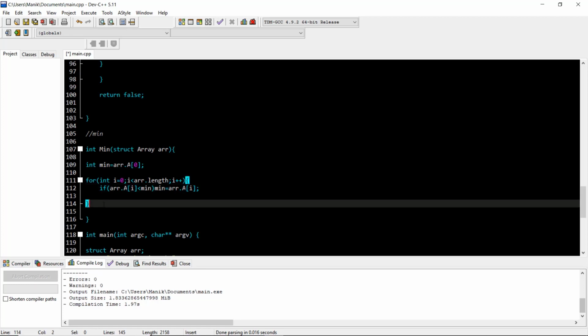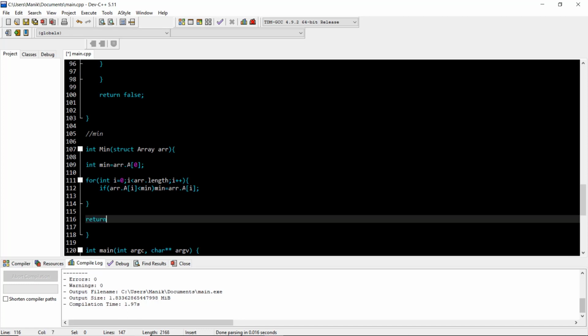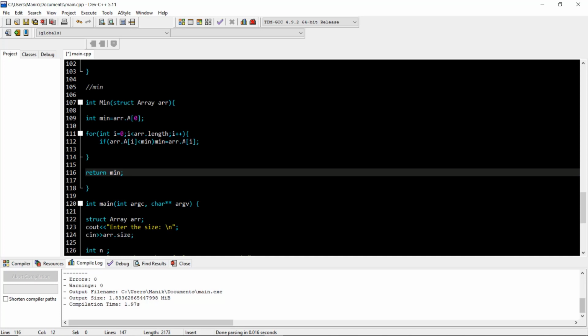And what we need to return is the min value. Okay, very simple logic.